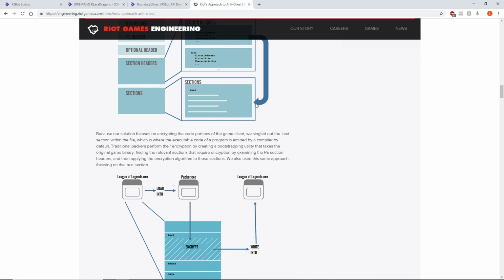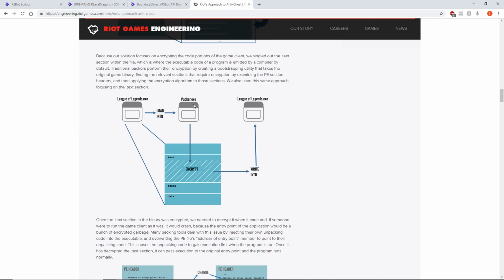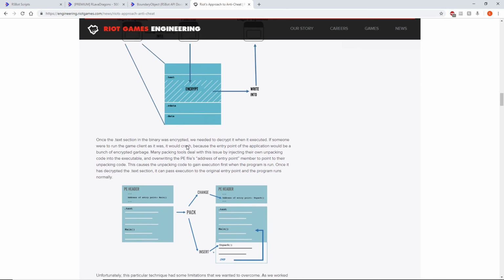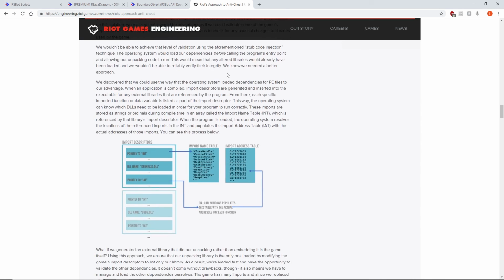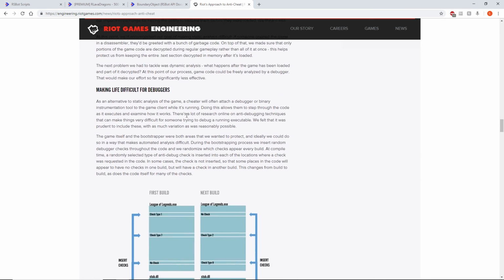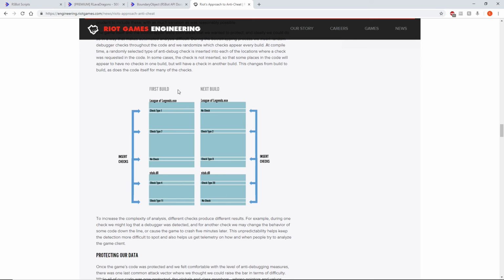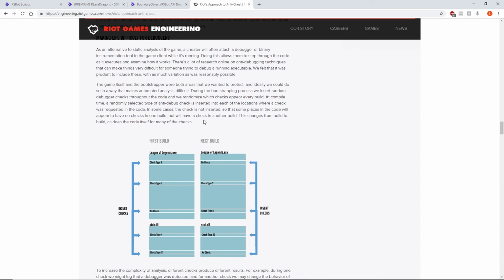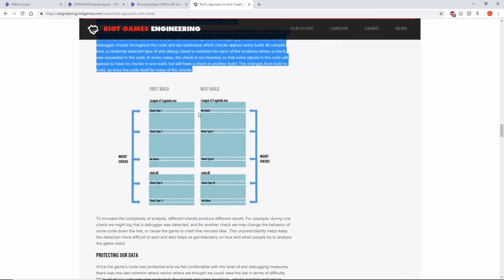So they encrypt specifically this section, and they do this by using a packer, which will unload everything as it's called. It'll decrypt everything as it's called, which is just this text here. So that's a particularly good implementation for under the hood sort of stuff to allow the engine to run the same for players, and it will just make it increasingly difficult for a rogue user to develop cheats to begin with. Another interesting technique was this one here,